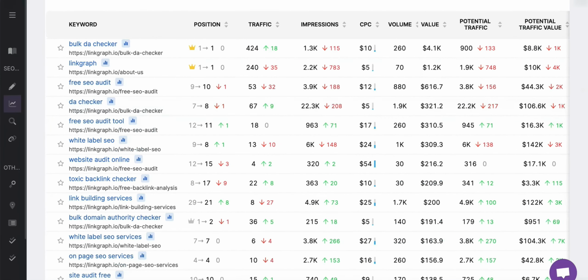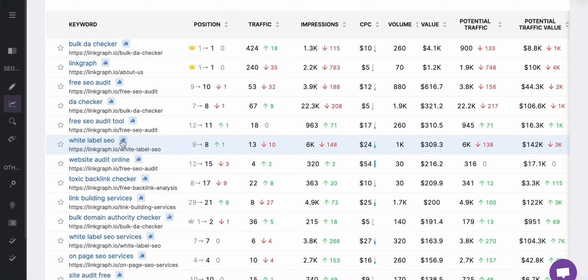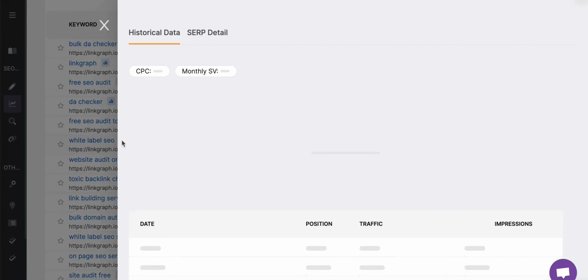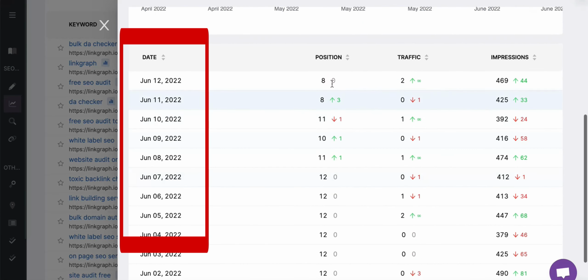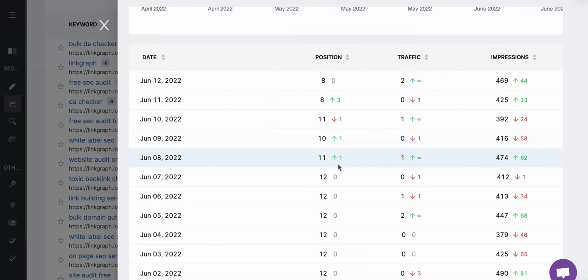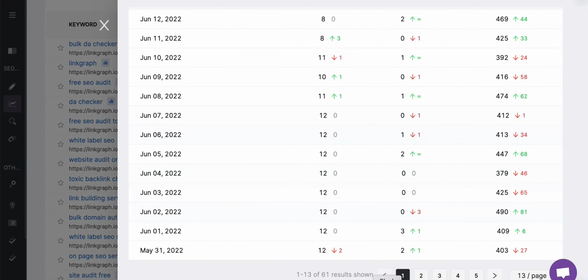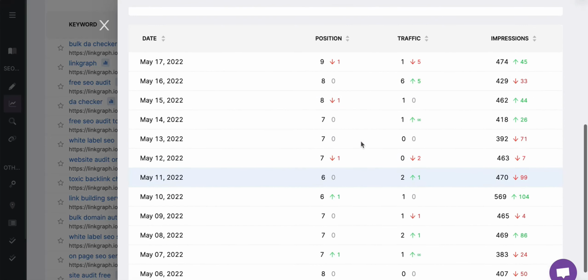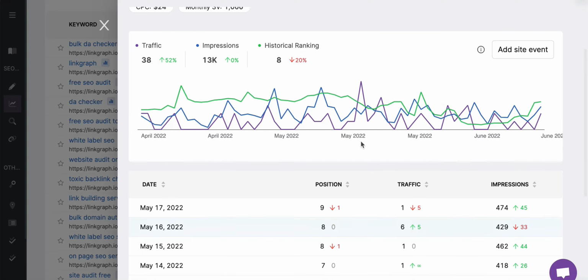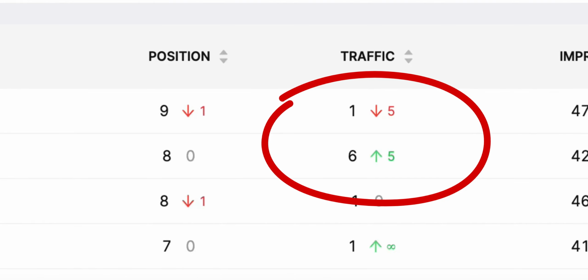So when we instead look at a tool like GSC Insights, which is built on Google's API, we have daily position updates because the information is coming straight from Google Search Console. So I can open up the historical data for any keyword and I can see what my ranking position was on any given day. So there's obvious value here in terms of providing our clients with the most accurate ranking positions data, but for students of SEO, daily position updates are so informative in terms of understanding the true value of a keyword and when a ranking position improves, how many additional or exponential clicks that improvement drives to a website.